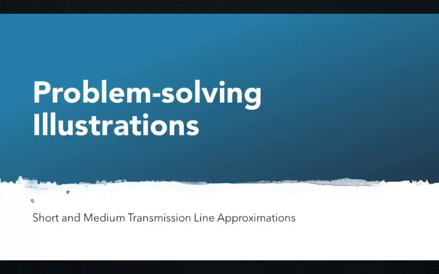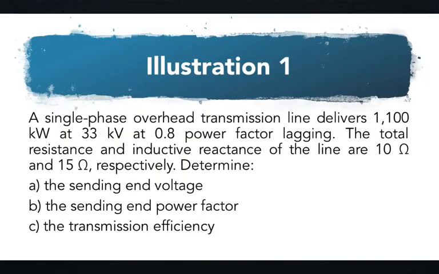Problem-solving illustrations for short and medium transmission lines. Let's have illustration 1. There is a single-phase overhead transmission line delivering 1,100 kilowatts, 33 kilovolts at 0.8 power